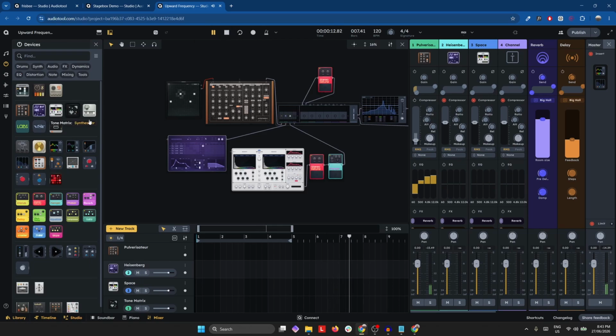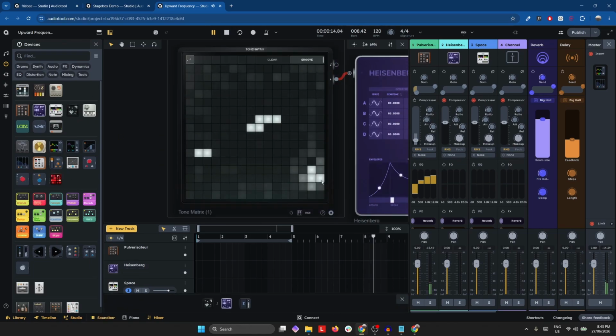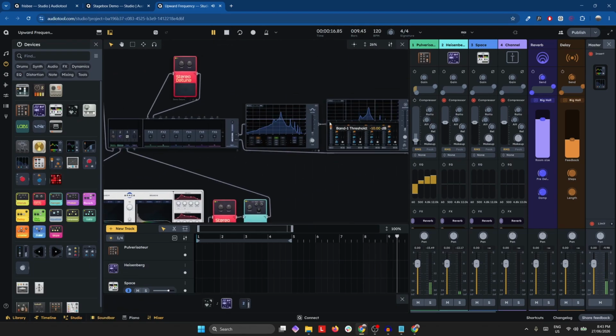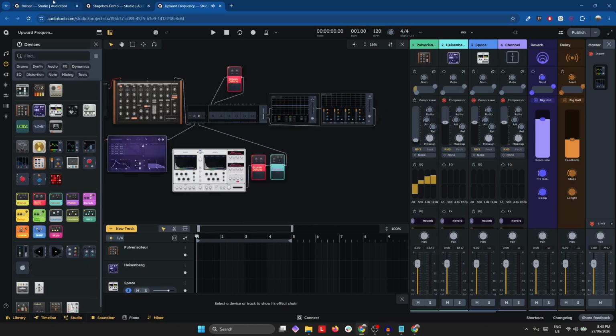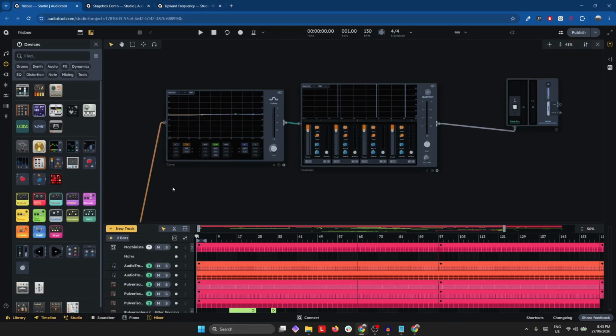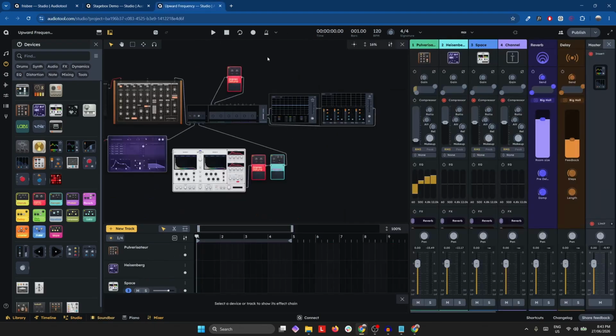And maybe I play something on the Heisenberg as well. You can see they're all going through this, and if I turn this down, you see the master is now very quiet while the individual channels are still up. So yeah, that's how you add your old mastering chain that was in line with the Centroid into